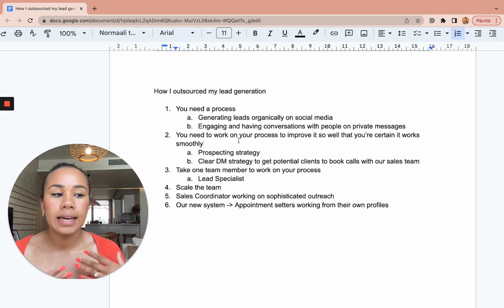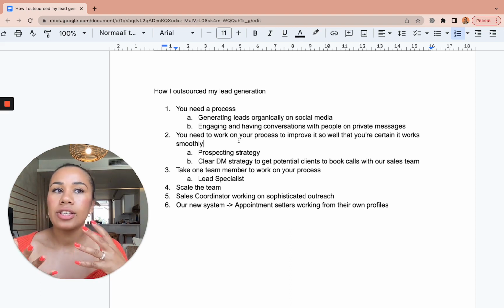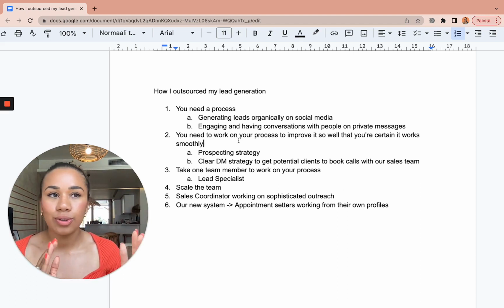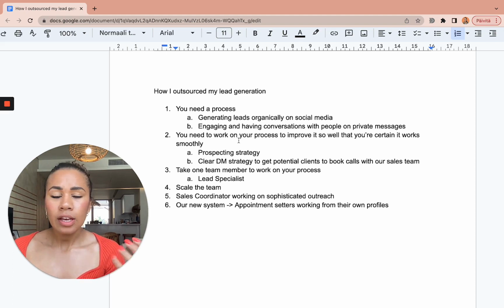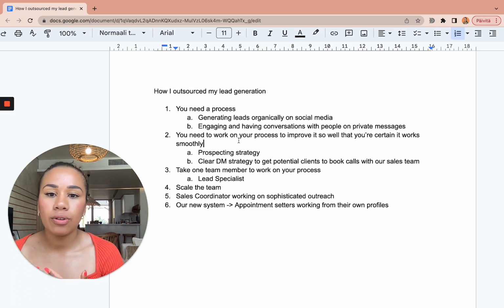So what we are going to be doing with them is suggesting the call, and then booking the call through Calendly, and it's either you or your sales closer who is going to be taking the call with those motivated prospects. And if you don't get the inbound leads coming in right away, you still have the ability to contact each and every single person who reacts or engages with your content.